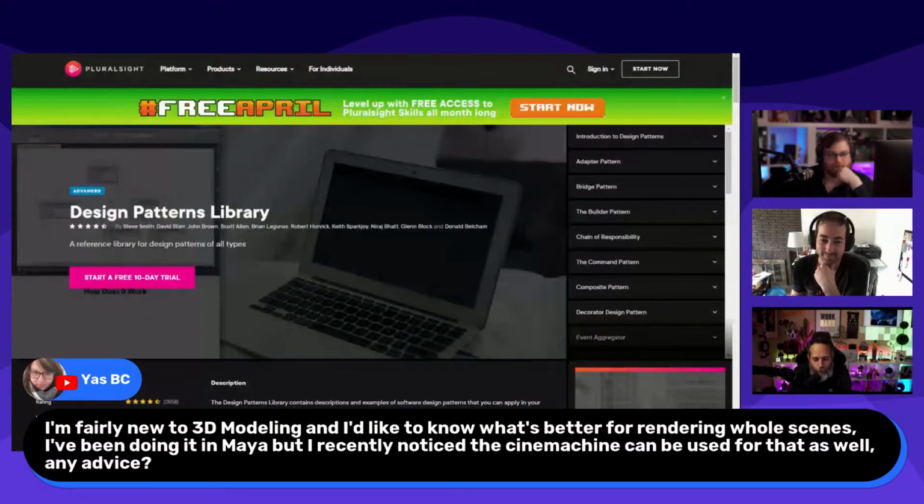So this one actually is more for you, Andrew. 3D modeling question. Says that they're new to 3D modeling and want to know what's better for rendering entire scenes. They're doing it in Maya, but recently noticed that Cinemachine can kind of do that too. I assume it's Cinemachine and some other things to lay out the shot. What do you think? I am not good at 3D modeling, and I get lost every time I go into Maya now. So,